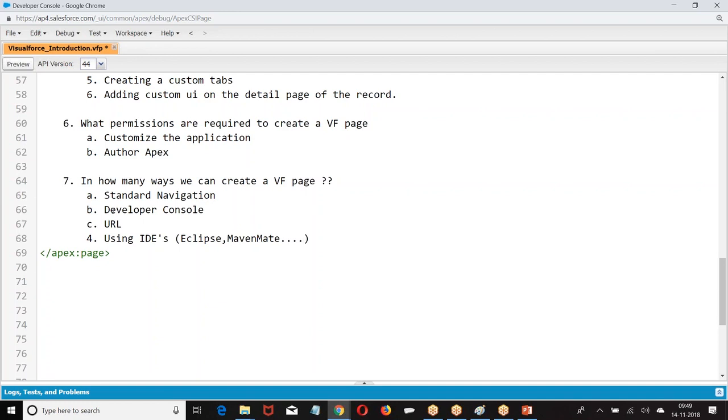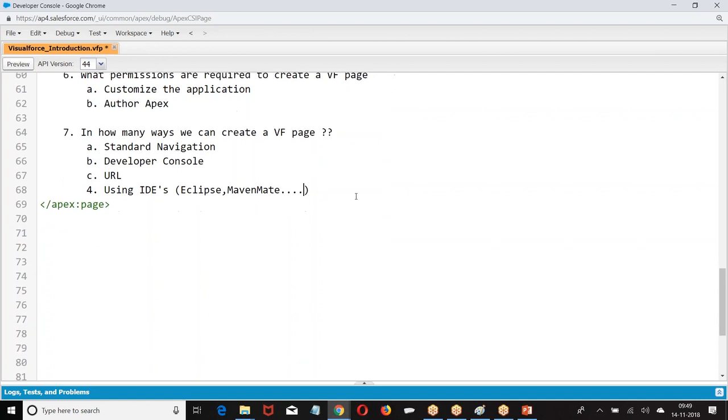I can create Visualforce pages in 4 ways. One is standard navigation, second is developer console, third is URL, fourth is using an IDE like Eclipse and Mavensmate.